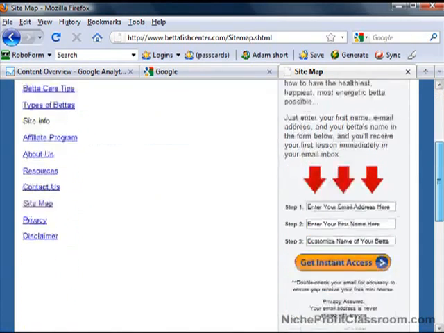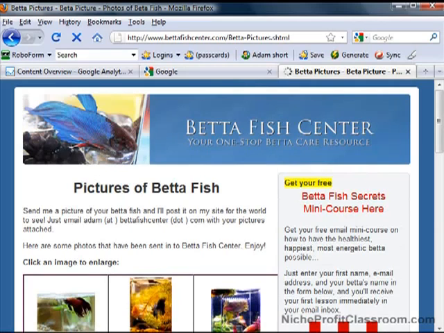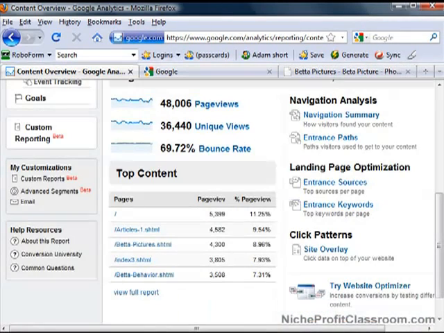You'll see over here my main menu, and this main menu shows up on many of my different pages. On 90% of the pages of the site, minus the home page and the sales page, this main menu shows up. And you can see that one of the pages is over here. It says Beta Pictures. Let's click on that. Alright, so it's gone now to Beta Pictures,